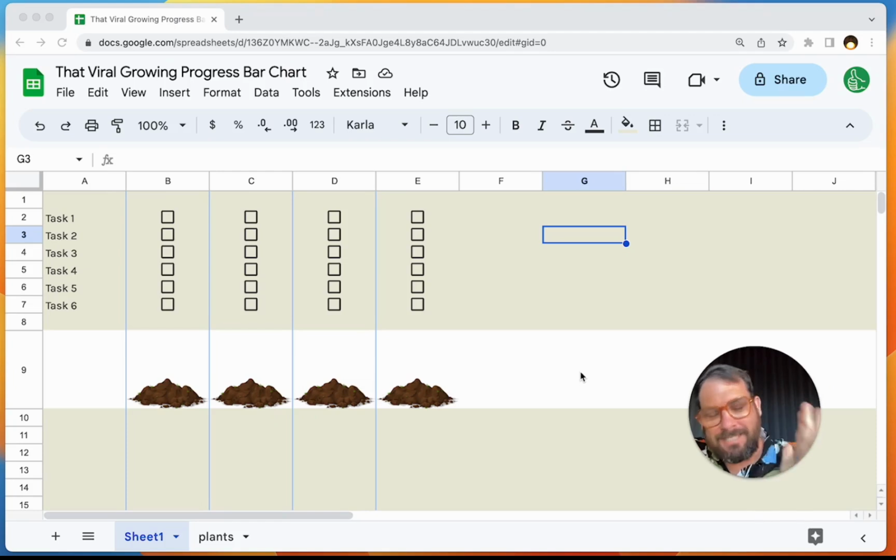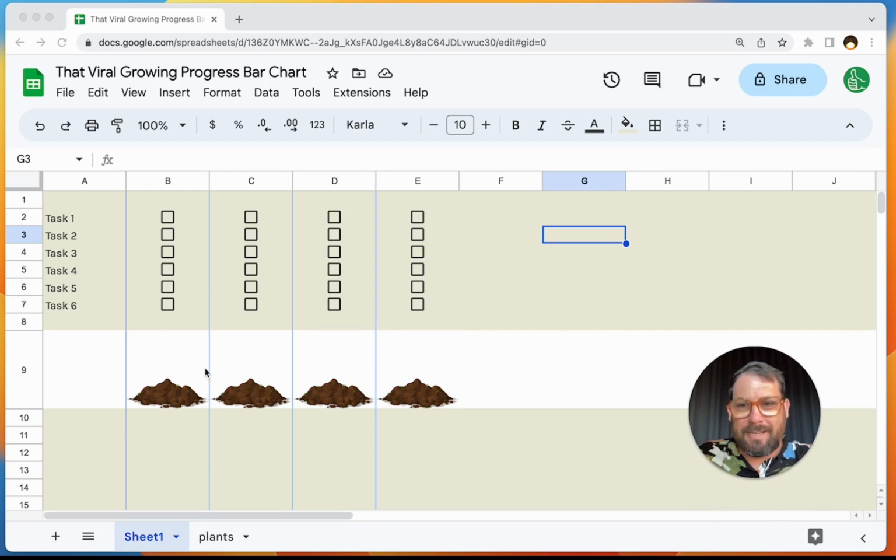You might have seen a viral TikTok where there is a progress bar and a growing sort of garden of flowers or potted plant that's growing as you check off these tasks. So I want to walk through what this formula combination is, how it's really cool. And I am doing this, by the way, without actually seeing exactly the formula used. This is my own idea and concept of this, so I haven't looked at the formula that they use, but